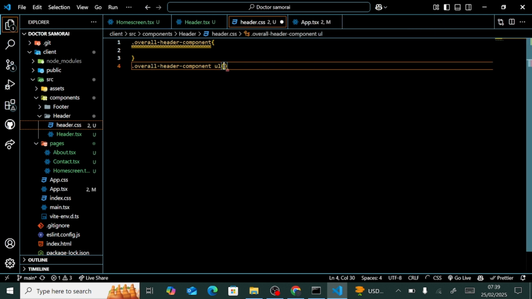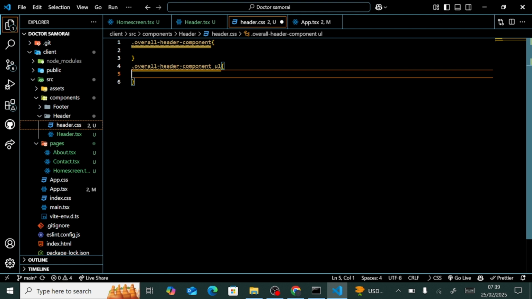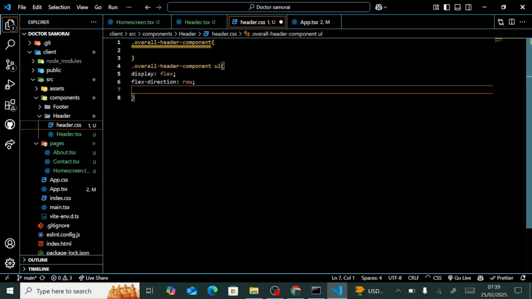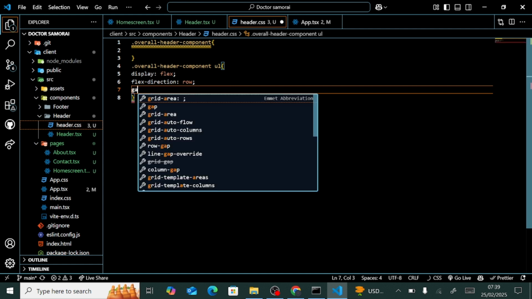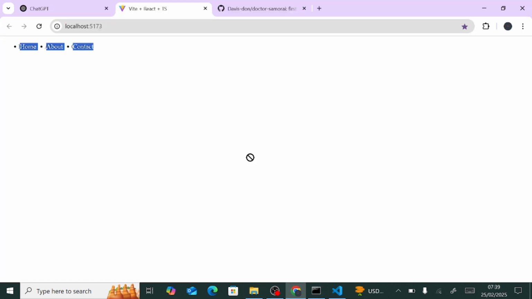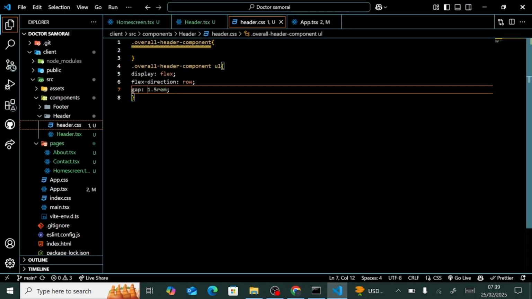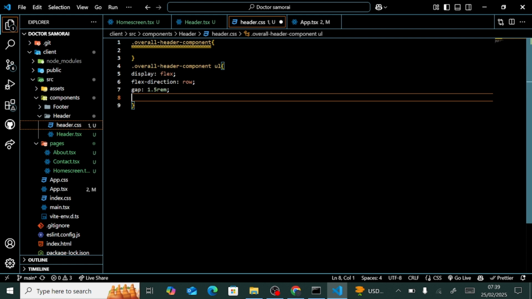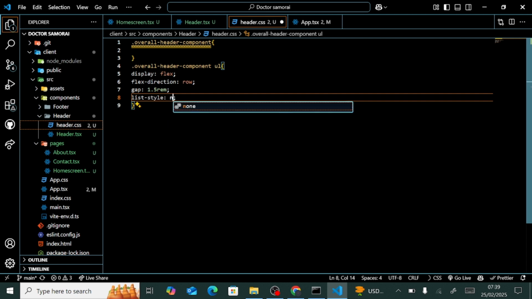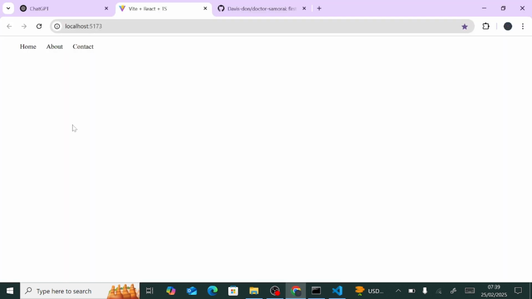Okay, there. Then we can just align everything. You can use a display flex, then flex direction row. Then gap. Give it a gap of maybe 1.5 rem. Okay, you can see everything is working well. Then you can remove those dots by typing list-style none. Okay, list-style none, yeah. And